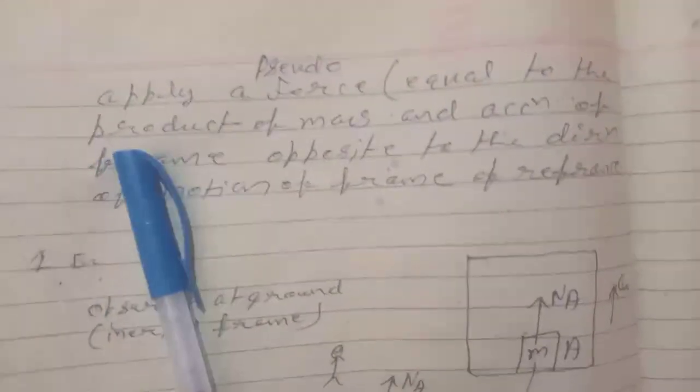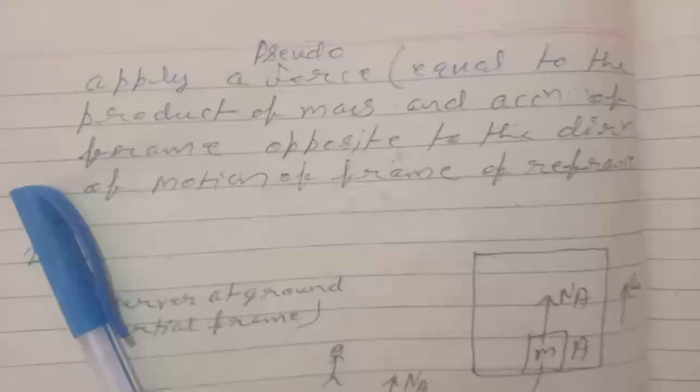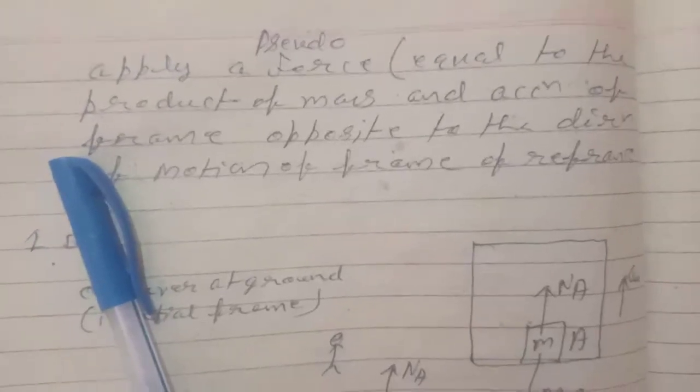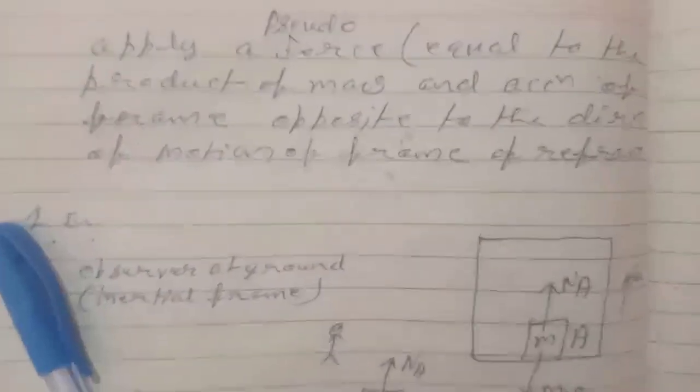we have to apply a pseudo force equal to the product of mass and acceleration of the frame, opposite to the direction of motion of the frame of reference. And this is called the pseudo force technique for solving problems. For example,